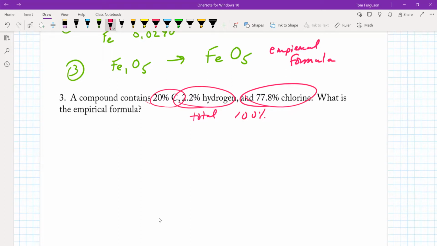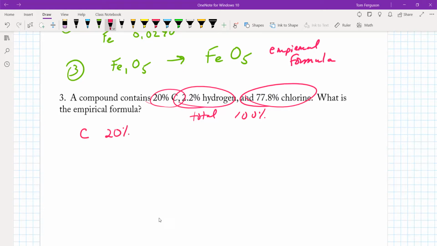For example, say we only had the 2.2 and the 77.8, and they said the remainder is carbon. Well, you then subtract: 2.2 plus 77.8 is 80%. 100 minus 80 is 20. That's how you find the remaining one. And then it'll say the remainder is blah, blah, blah. Okay. All right. So we have carbon,